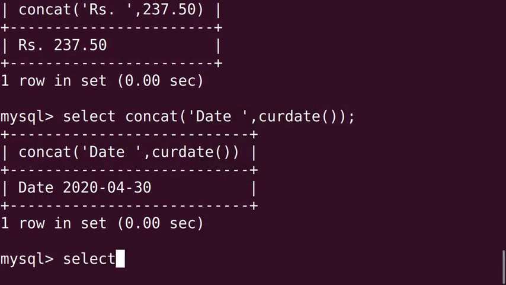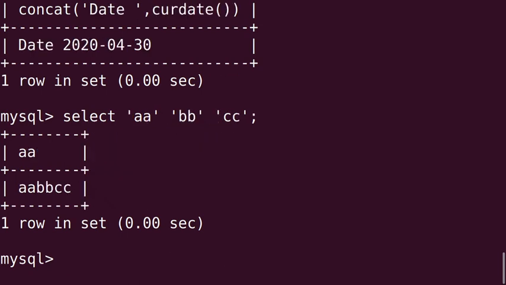Select, then your first string within quotation, then second string again within quotation and third string within quotation. If you put that, see the output.